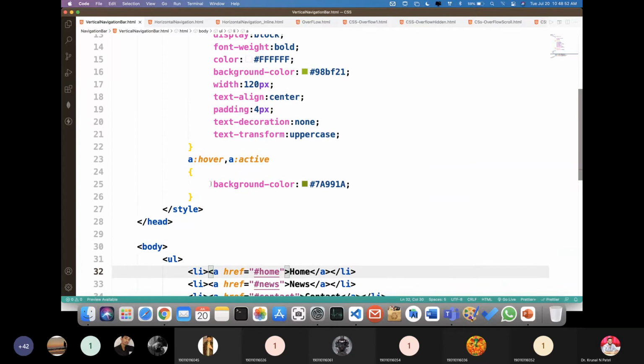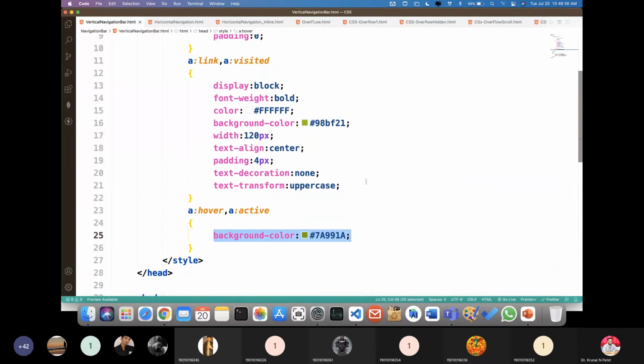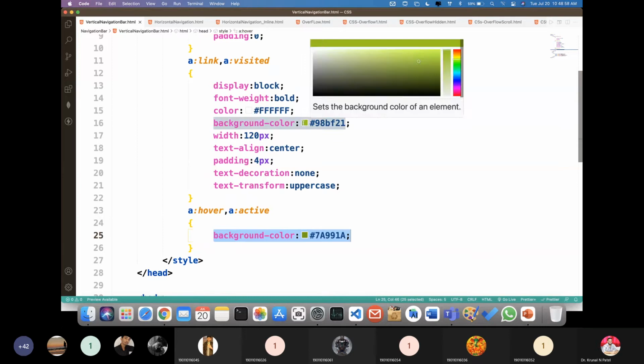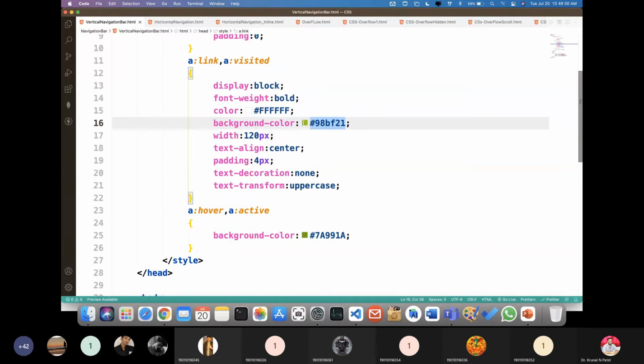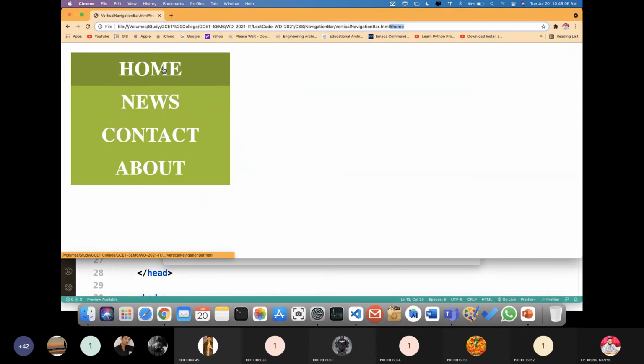For the hover, you can see whatever background property I have changed, it is darker, and the normal color is this background color of my block, right? So you can observe that over here. So this is our horizontal navigation bar. This is our vertical navigation bar, sorry, right?